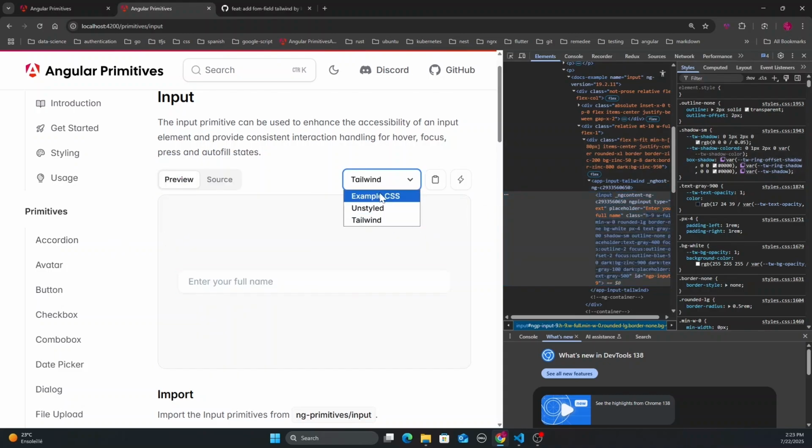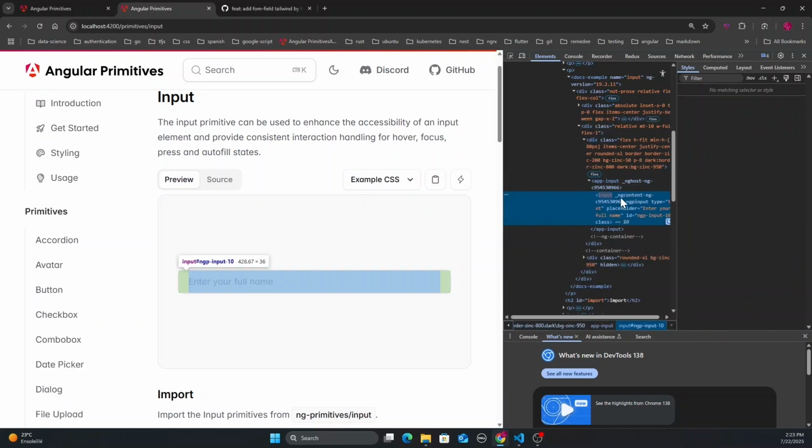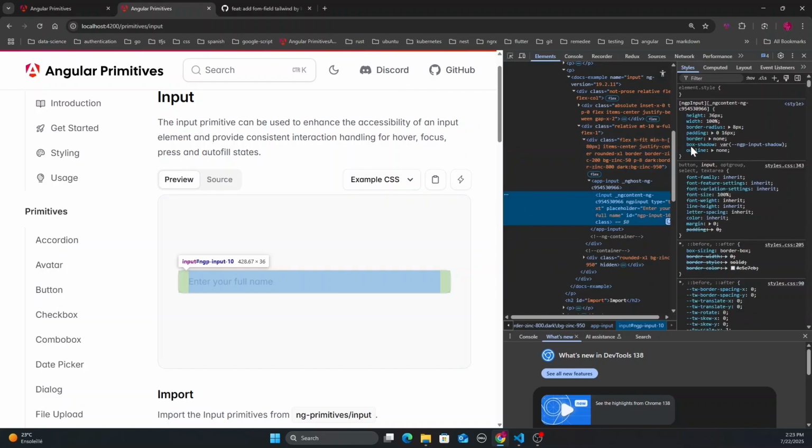So what can be done is that we can try to use the same box shadow variables, the NGP input shadow, but I don't think that the aim is to use CSS variables in Tailwind. So it will be up to the one using this library to provide their own CSS variables and their own design system. But what we just want to highlight is the fact that